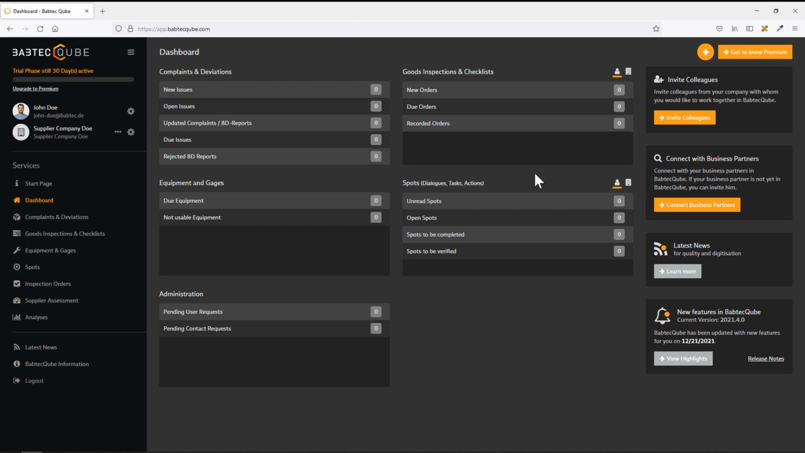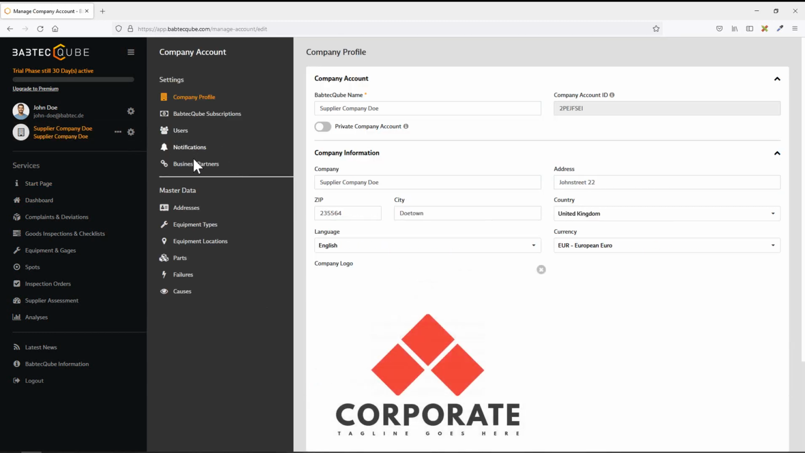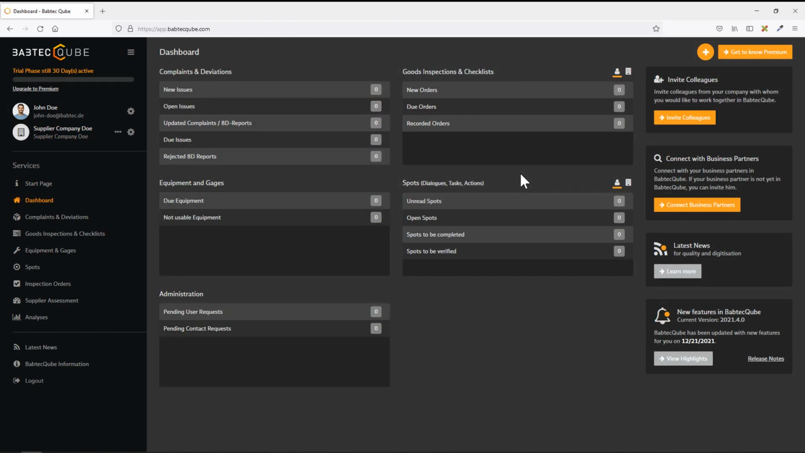The easiest way to connect with your business partners is via the dashboard, where we are currently located. Alternatively, connections can also be established via your company starting page or the business partner management. You can connect with your business partners in the BabtecQube via the Connect with Business Partner tile on the right